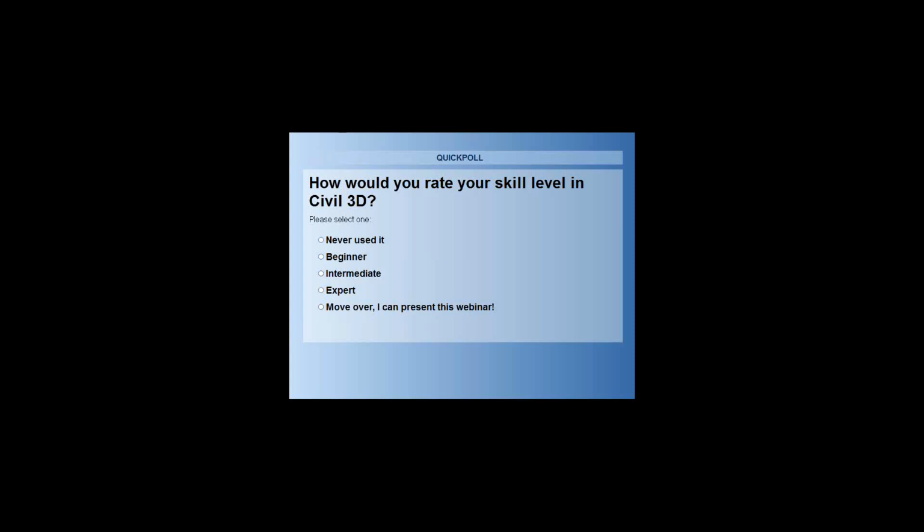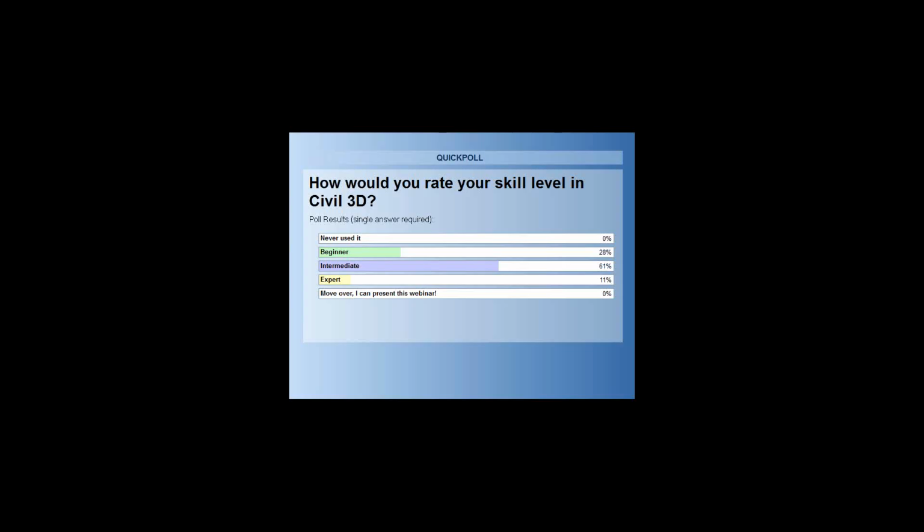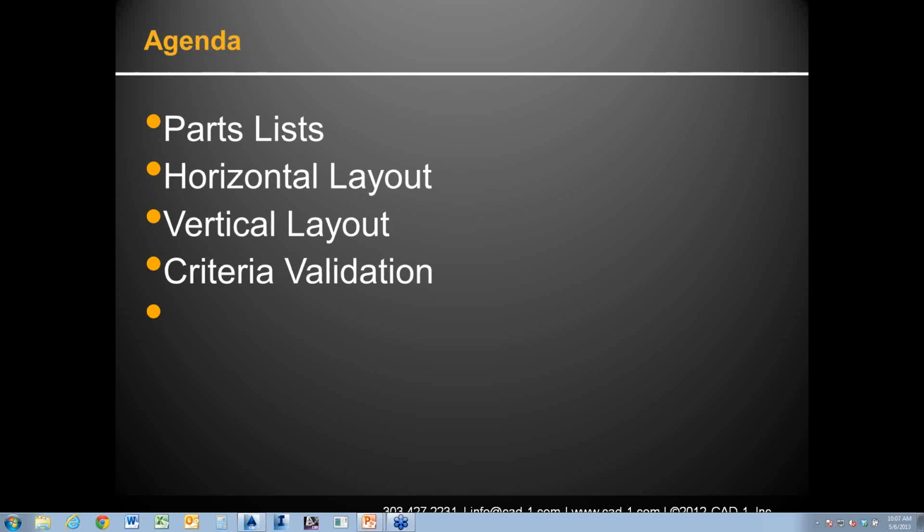Yeah, I'll share the results here. And oh good, I've still got my job. So it looks like most people are in the intermediate area. That's good to see. No brand new users. And I'll do one more. No, never mind. How did these not get updated? Anyways, so yeah, I'll do this last one.